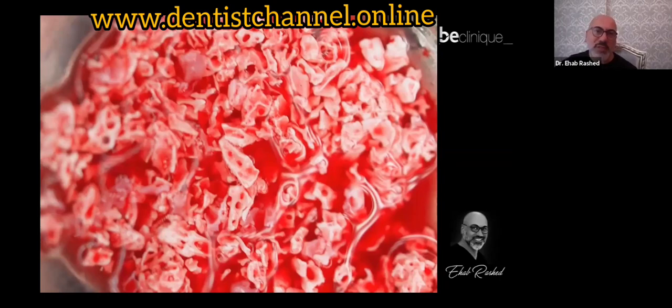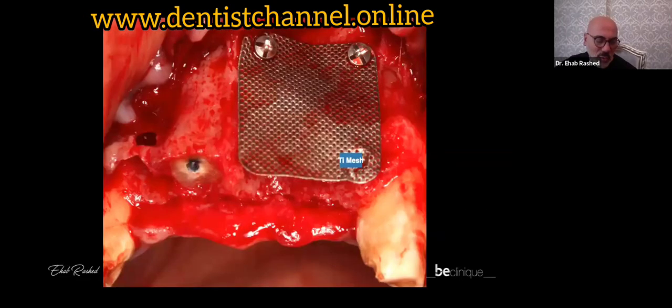So we come back to the site here. I see that I have no wall on that side, so I have to build my own wall because I cannot just put bone graft and leave it like this, because the soft tissue will compress. So I have to support it, I have to build my own bone. Here, if you can see, this bony ridge will act for me as a barrier for the soft tissue to invade. And you can see here, I have a big deficiency, a big dehiscence,